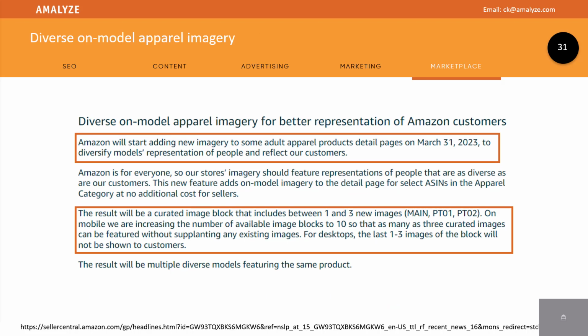Then Amazon is changing a few imagery presentations, and Amazon will start adding new imagery to some adult apparel product detail pages on March 21st, so that should be live, to diversify models' representation of people and reflect our customers. The result will be a curated image block that includes between 1 and 3 new images: Main, PT01, PT02 on